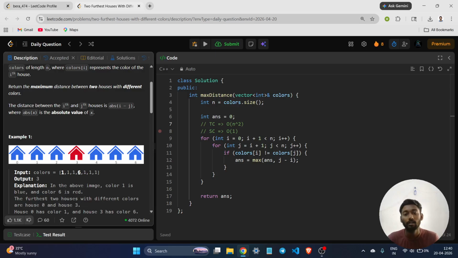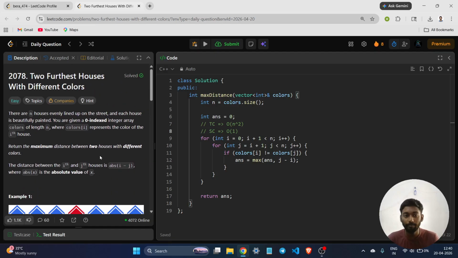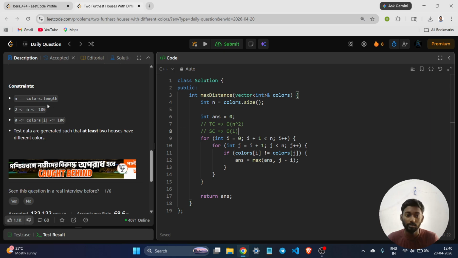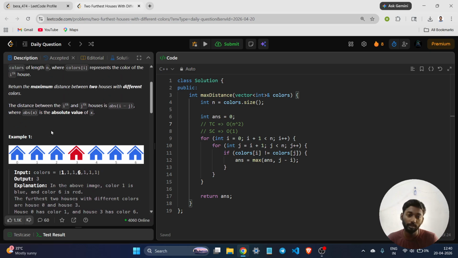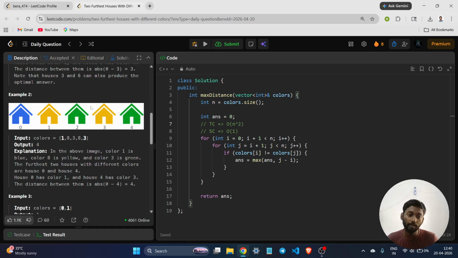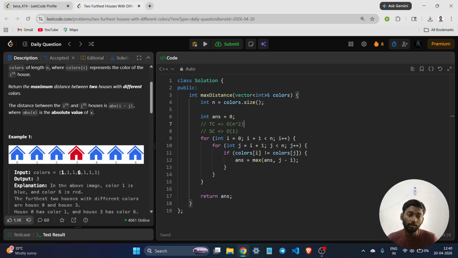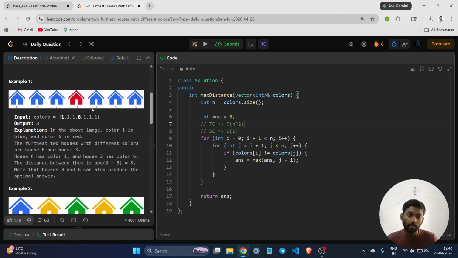But we can think of a harder version of this problem, like if the range is not 100 but 10 to the power 5 or 10 to the power 6, is there any better way to approach this? Can we reduce the time and space complexity? If we look carefully, this problem can be solved intuitively with two pointers. The answer always exists in some end,